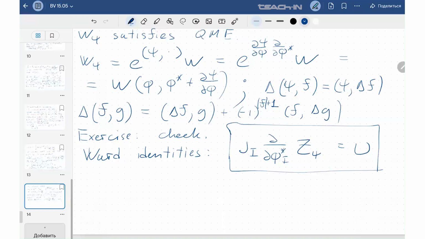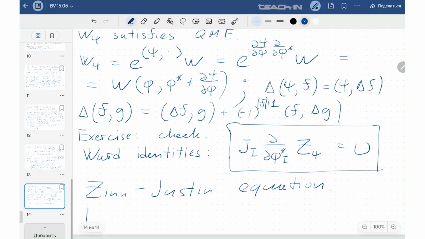There is another formulation of Ward identities of gauge theory, which has a special name, because it's very important, the Zinn-Justin equation, which is something like a master equation for the effective action. So let's derive it. It's an equivalent rewriting of these Ward identities. So the idea is to introduce the effective action gamma, which is the logarithm of Z_psi